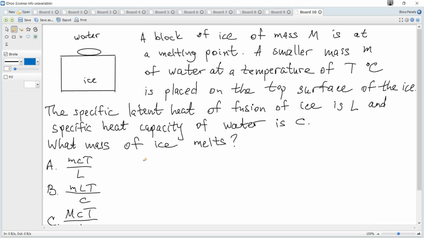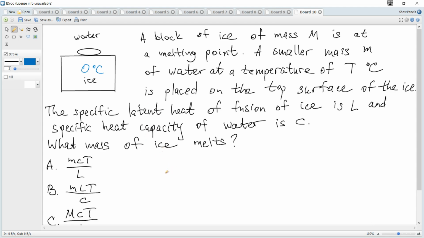First of all, the mass of the ice is much greater and its temperature is 0 degrees Celsius and it's at a melting point. The water is hotter and the heat will be transferred from the hot water to cold ice. And since the ice is at a melting point, it begins to melt. And all energy transferred from the water goes to melting of some amount of ice which is required, and definitely